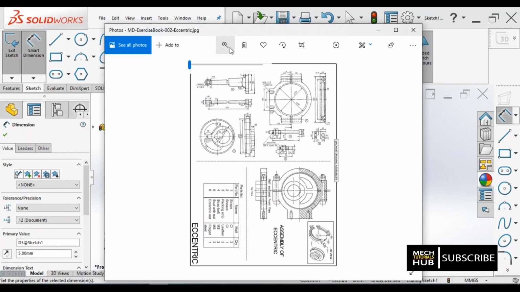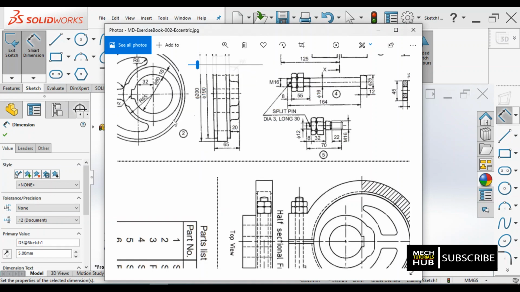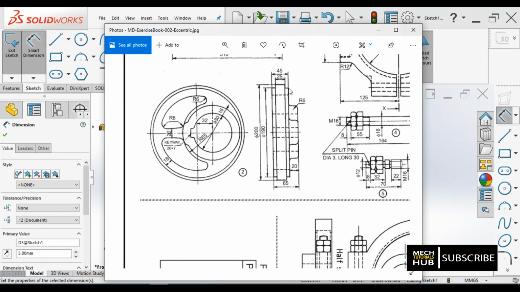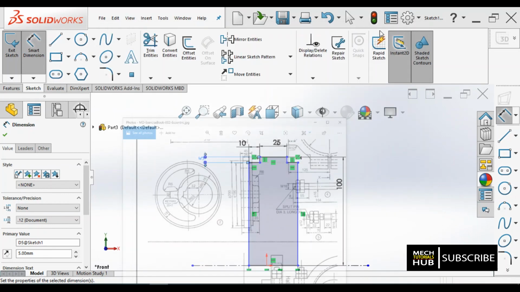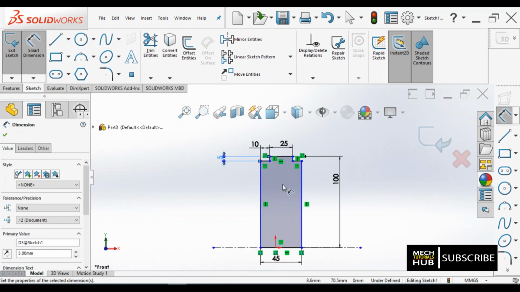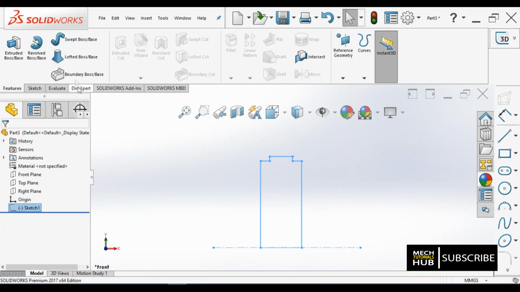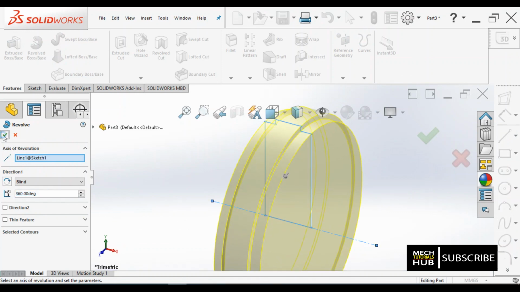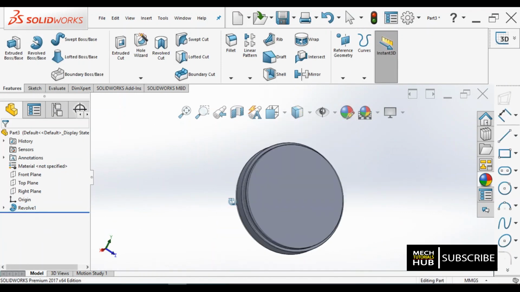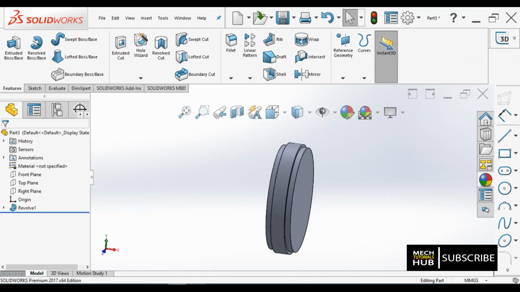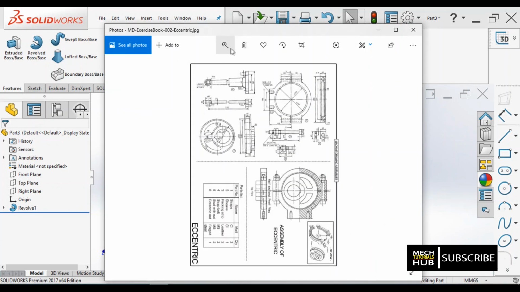Okay, have a look at the sketch once again. Are we done with the sketch or not? Let me cross check. Yes, 25, 45 is done. This distance is given, overall height is given. Now we can rotate. Alright, now I'll say OK to this. I'll go to the revolve option. Done. Okay, the major portion of the sheave is developed.